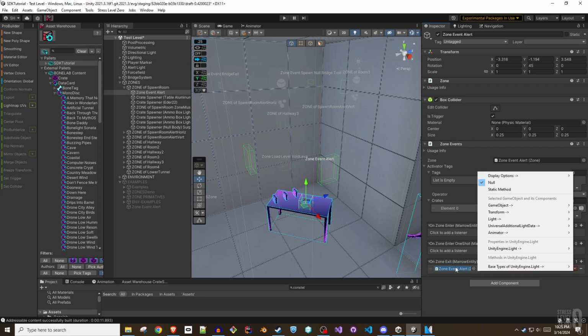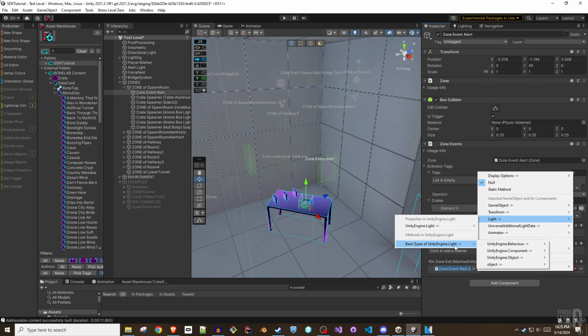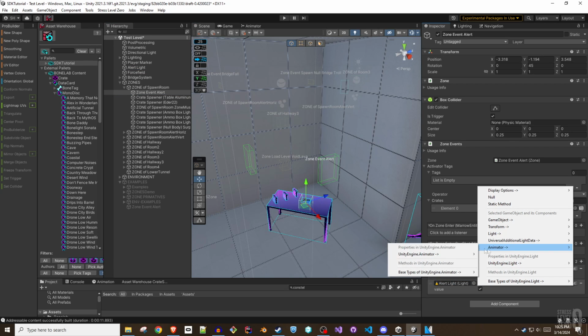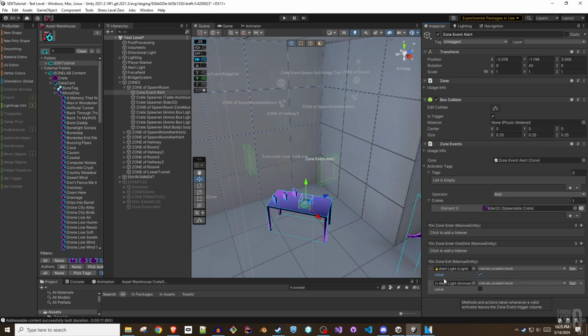You can also toggle properties of game objects, like setting a real-time light to enabled to provide a red alert status if a player trips an alarm. The player need not be the only activator. In an upcoming demonstration, you'll see how the OnZoneExit action of a zone event is used to ensure a chain of events is triggered if the player tries to grab a gun, even if they force grab it from far